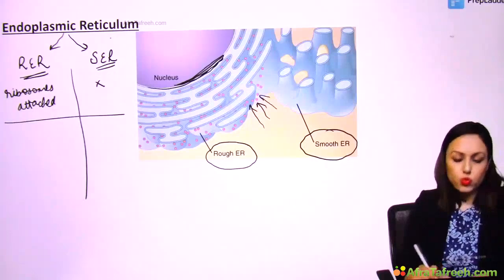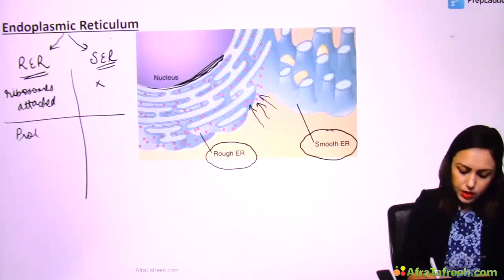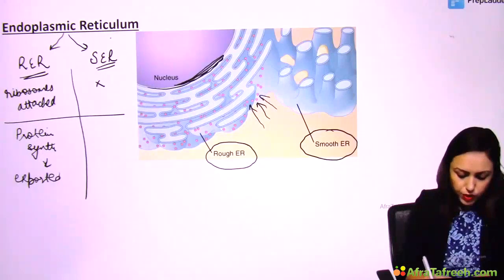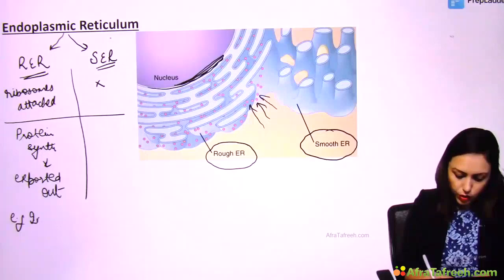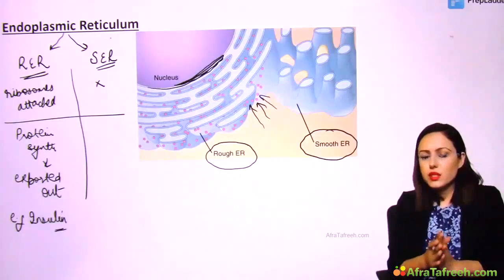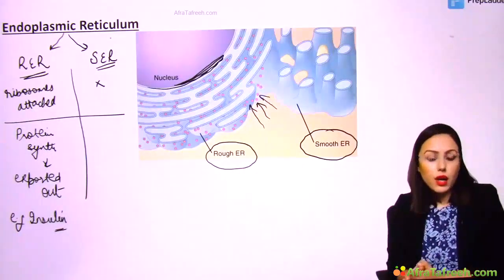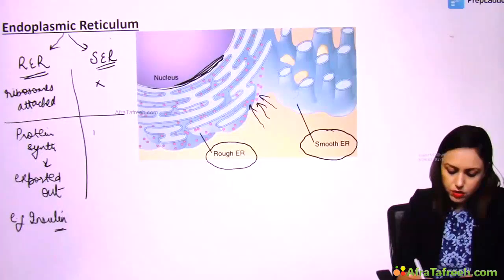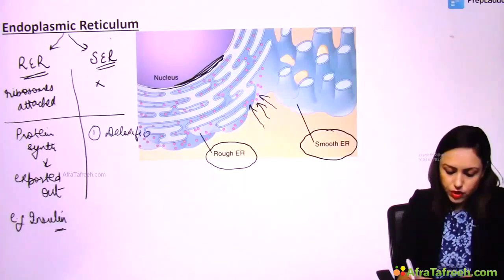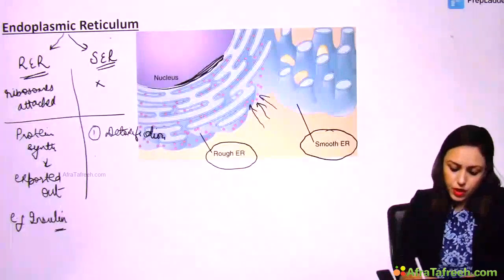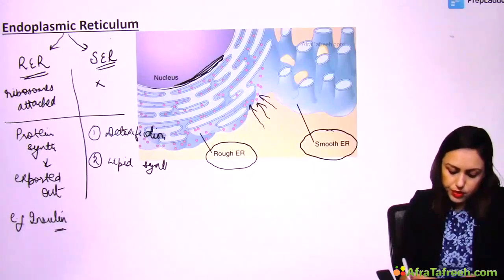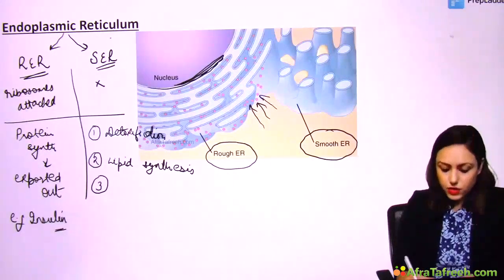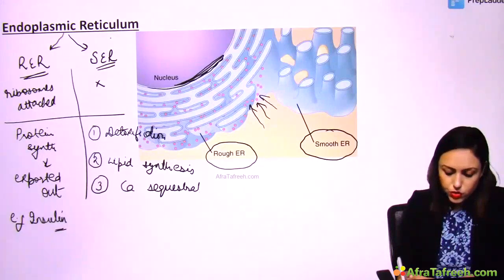What is the role of these two? The role of rough endoplasmic reticulum is in the synthesis of proteins. Which proteins? The proteins which are to be exported out of the cell. Example, the hormone insulin. So insulin will be synthesized on rough endoplasmic reticulum. On the other hand, smooth endoplasmic reticulum has no role in protein synthesis. Instead, it has a role in three things. It has a role in the detoxification process, which mainly occurs in liver. It has a role in lipid synthesis, example steroids, phospholipids, and it has a role in calcium sequestration